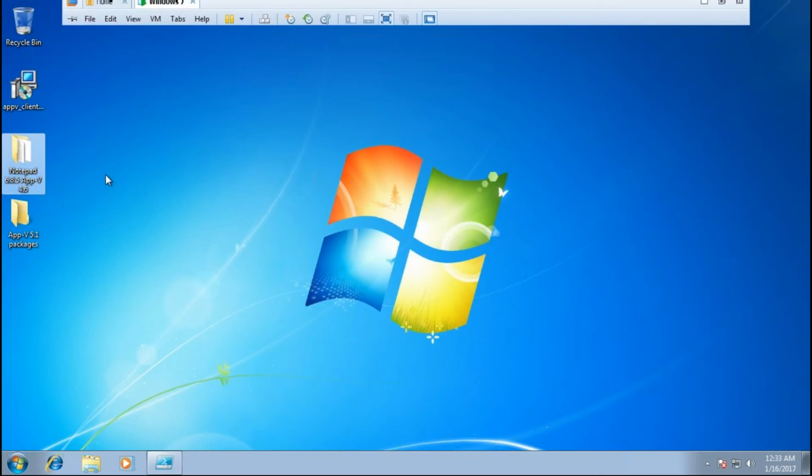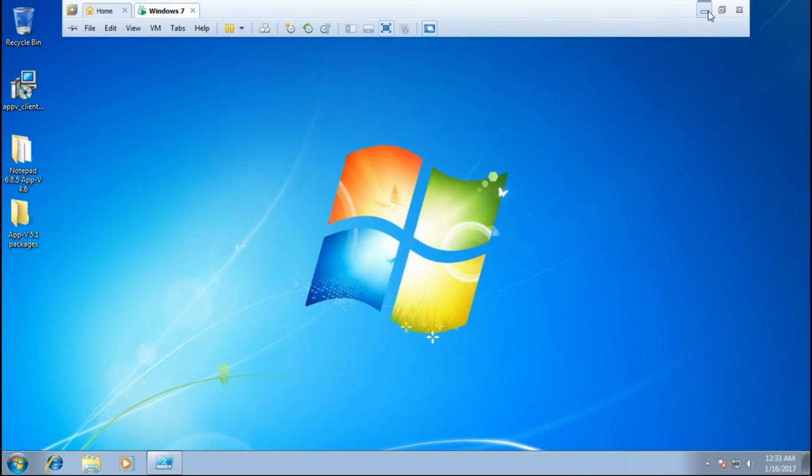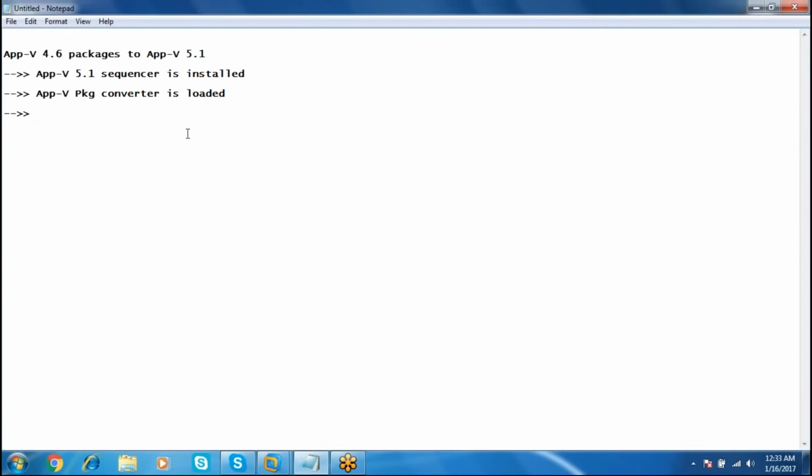In order to convert 4.6 packages, first of all, you have to verify it. You have to test this APPX package, to see whether the 4.6 package is compatible with the APPX 5.1 environment or not.